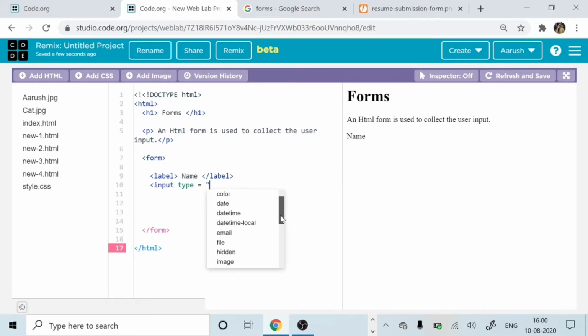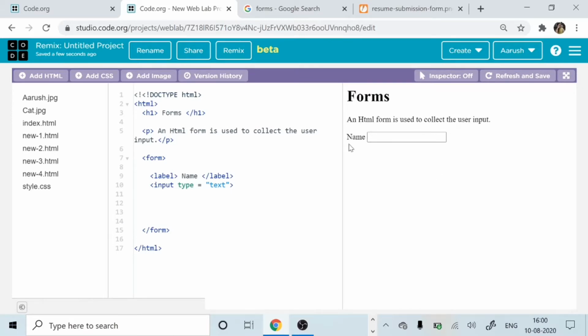You have all the options coming over here. I am going to select text here. You don't have to close this input tag. You can directly write it like this.